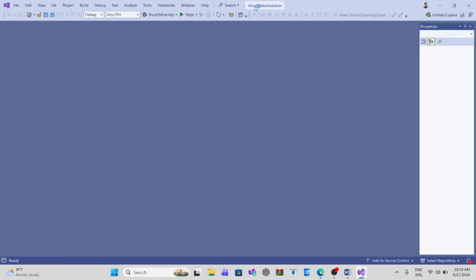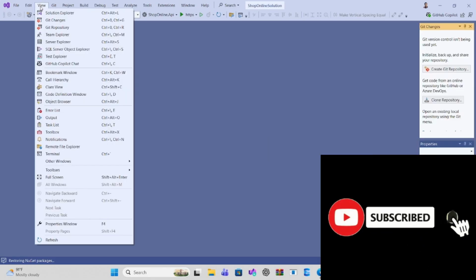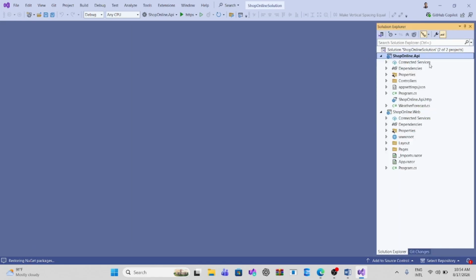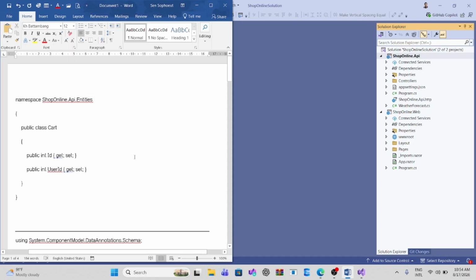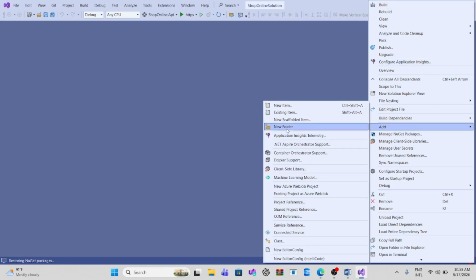Okay, now open the ShopOnline solution project and navigate to your project. Now let's create a model class, which stands for the data object, or the data that we are mapping to the database when we add migration. Firstly we create a model class in ShopOnline APIs. Okay, now right click on ShopOnline API, add new folder,